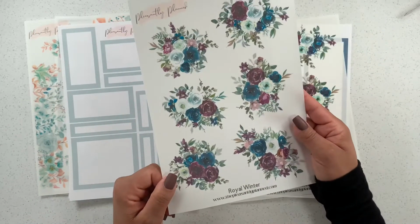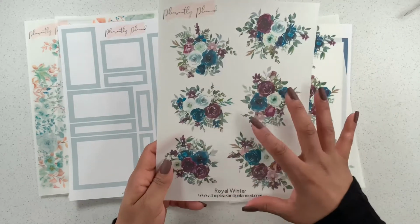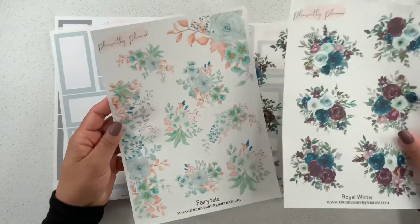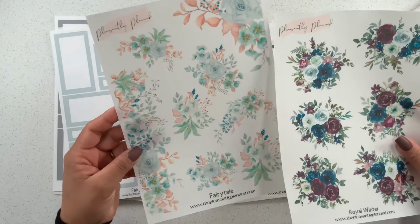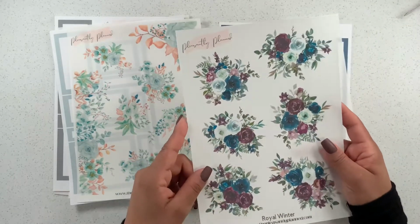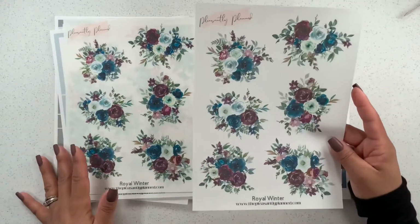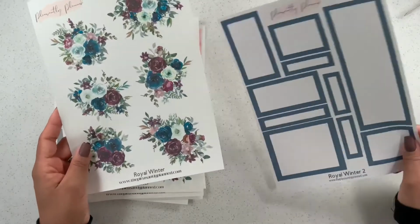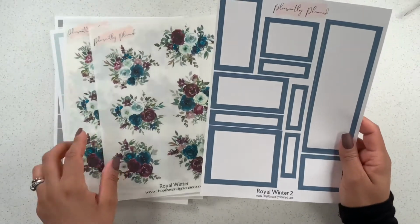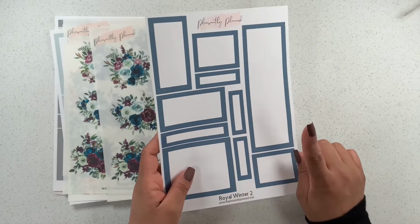And look at this one, Royal Winter. So this is normally her style, so she'll have really big florals, but with this one she decided to add something different, and I love that. I love the colors on this one, the blues and the purples mixed in with some green. I think they are so pretty. And then here are the matching coordinating boxes. These are so pretty, and I love that she does have coordinating boxes, because now that I'm using my